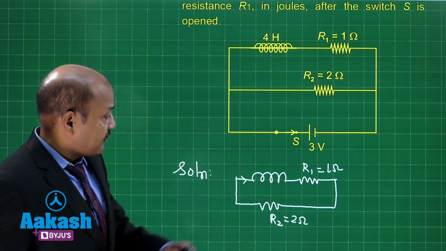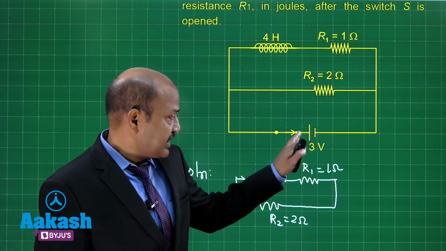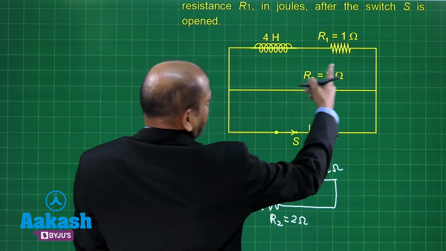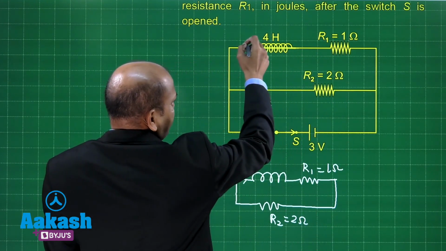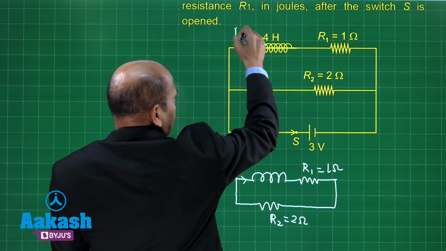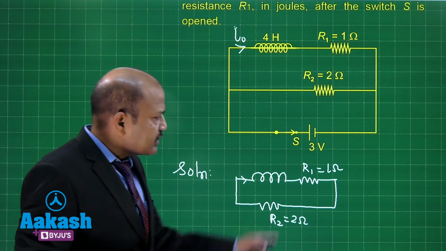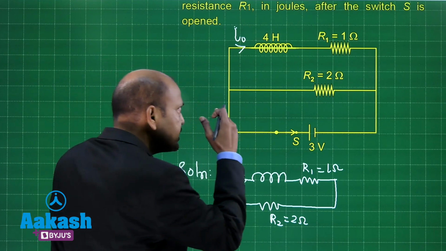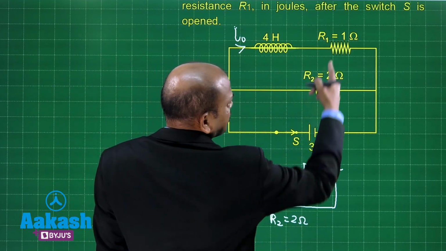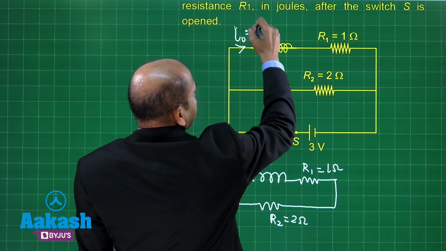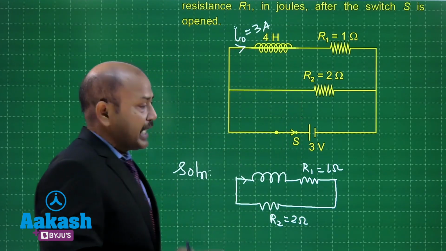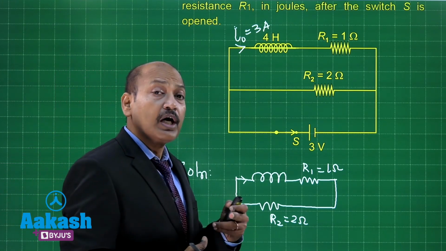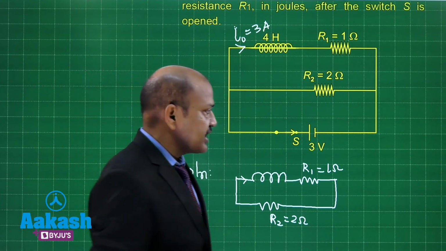So, what is the initial current when the circuit is in steady state, the switch S is still connected? We can see that the current here is going to be the initial current, which we will call I naught. I naught is the current at the moment switch S is opened. That is the steady state current in the inductor, and that is going to be equal to 3 volt divided by 1 ohm, and that is 3 ampere. That is the important current, and this I naught, once the switch has been opened, is going to decrease exponentially.